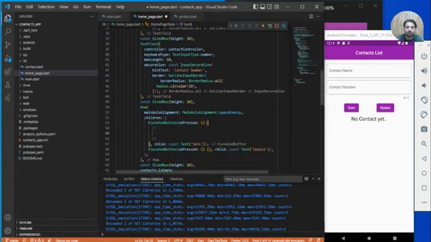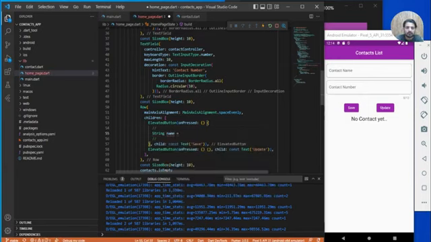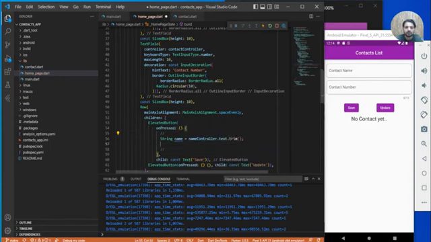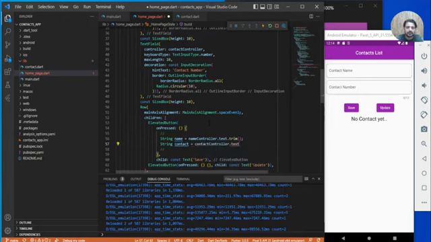So here, first of all, I will get the name that is coming from name controller dot text, and I will use trim over here to remove spacing. Same way I will use contact is equal to contact controller dot text dot trim, and I will check here if this name dot is not empty